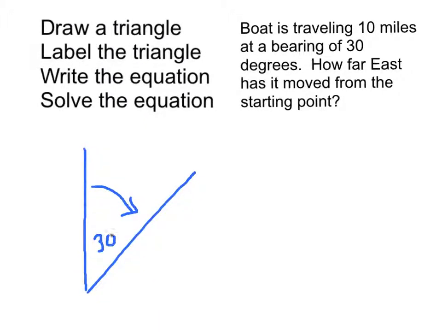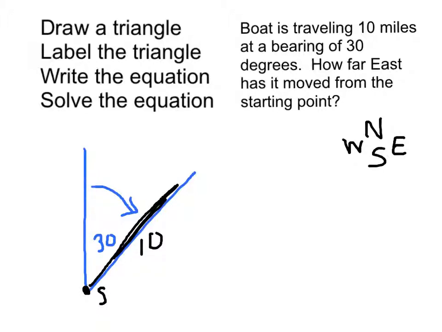And if the boat is starting here at a bearing of 30 and it's traveled 10 miles, that's right there. And then it asks how far east has it moved from its starting point. It always helps me to write out north, south, and W for west and E for east. And so I'm just asking how far is that horizontal length. And if I have a 30-degree triangle, I should know the second verse of the SOHCAHTOA song,